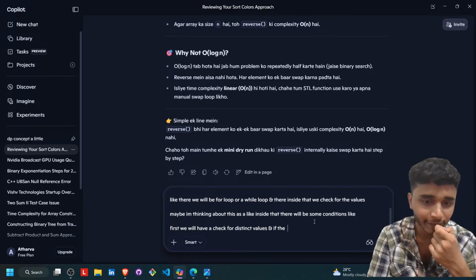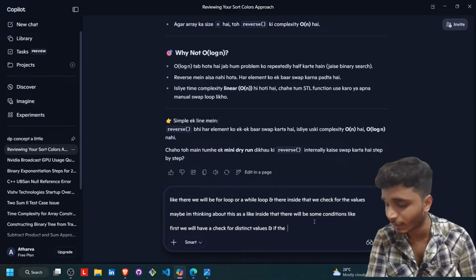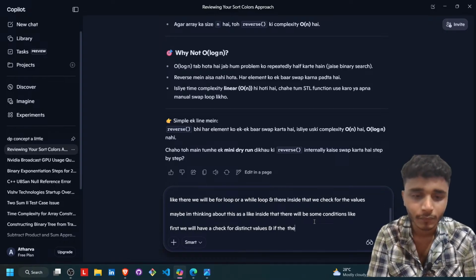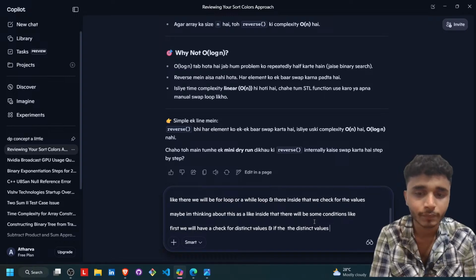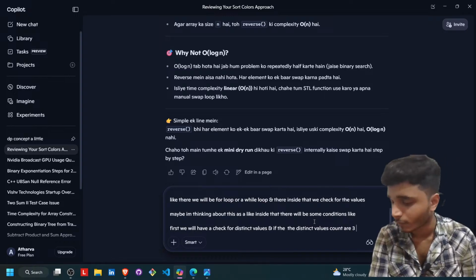First, we will have a check for distinct values, and if the distinct values count are three, like